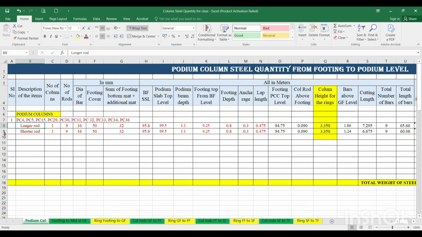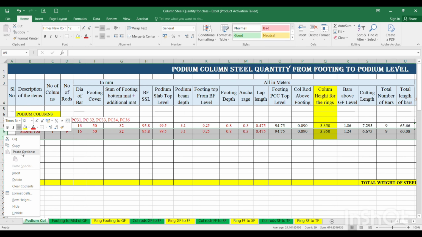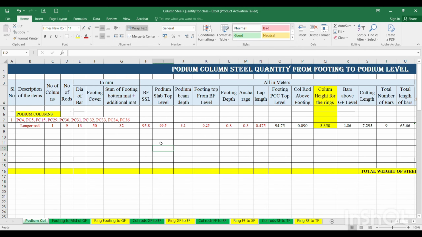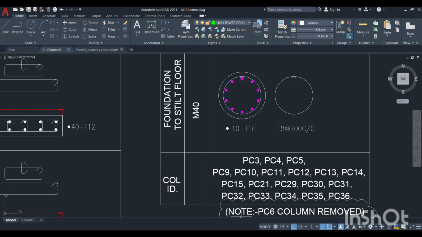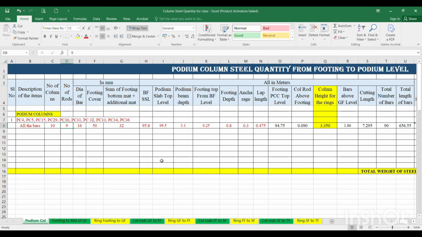Here there is no longer rod and shorter rod, because there is only one floor, that's why we can put only one height. This is all the bars. So how many columns are there? 10 columns. How many rods are there? 10 rods of 16 dia. 10 columns, 10 rods, 16 dia, footing cover is 50 mm, and some footing mat